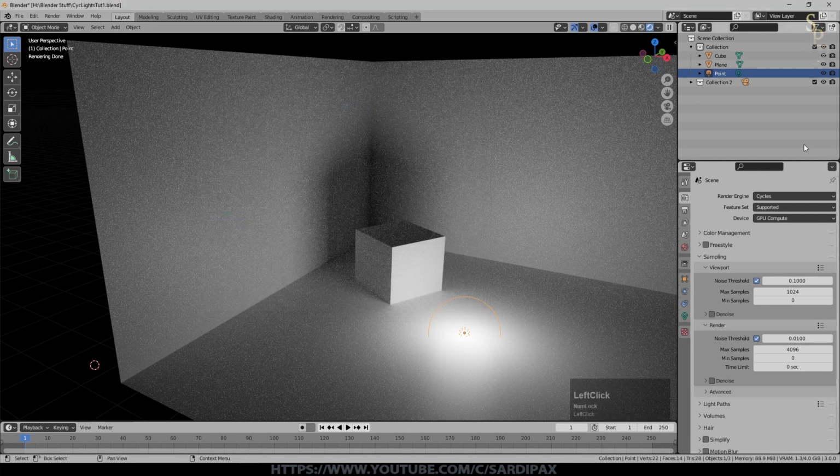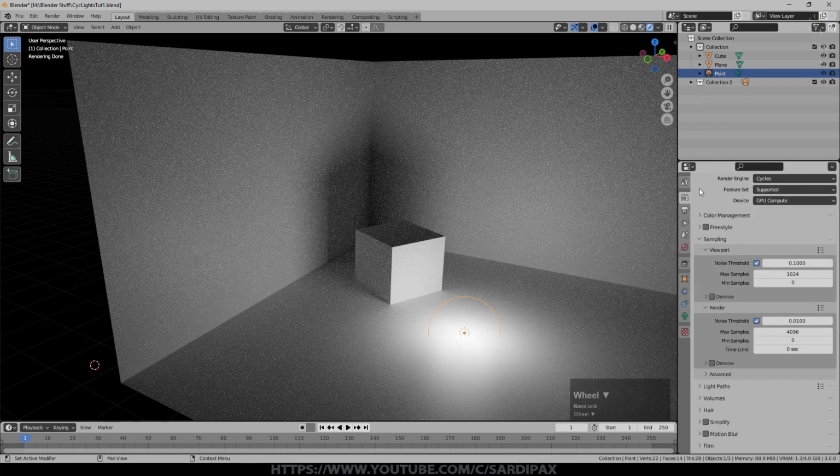And once you've enabled it there, you can turn it on here. If you want to do other things with your computer while it's doing it, you can change it to CPU and then reduce the number of cores that it's using rather than all of them, so you can go and do other tasks while you're rendering. But obviously it will be slower as it's not a dedicated graphics processor. So that was a bit of a tangent there, not really about lighting.